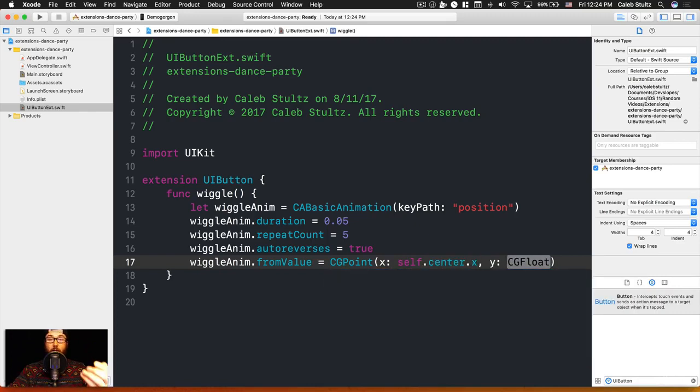Because remember, this button could be any instance of a button. So we're going to use self because it can apply to any button. And like I said, we're going to move over 4. So let's say minus 4.0. Now, we don't want to move it at all on the y-axis, although we could. But for this, we're just going to say